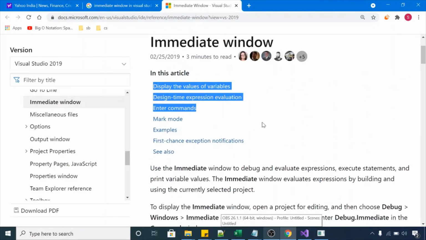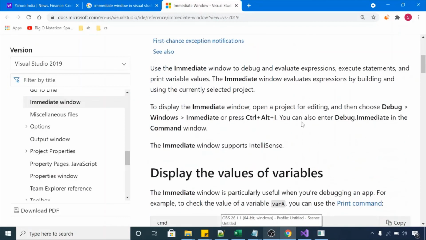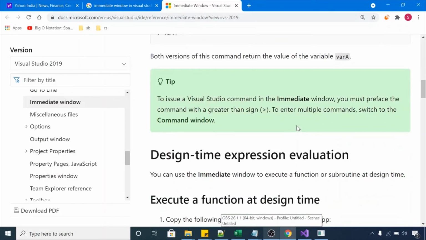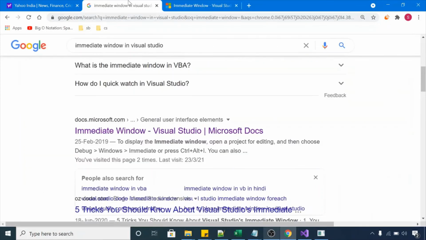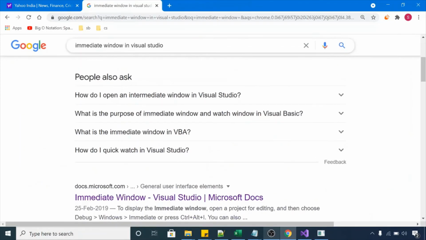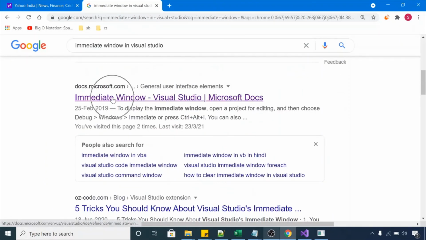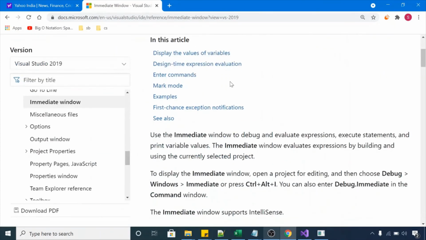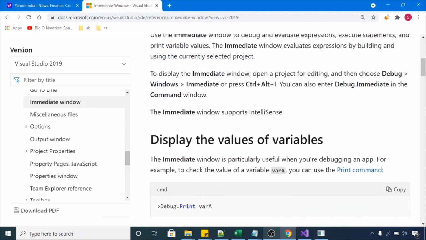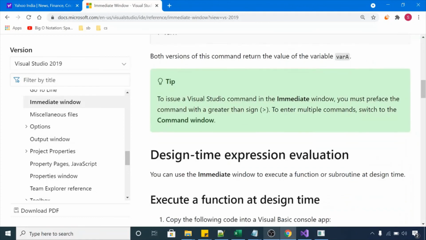If you want to explore more, you can have a look at this document provided by Microsoft. You can easily search on Google: just search immediate window Visual Studio, and you will get this link provided by Microsoft. Click on this link and you can see all the documentation about the immediate window and debugging on this web page.